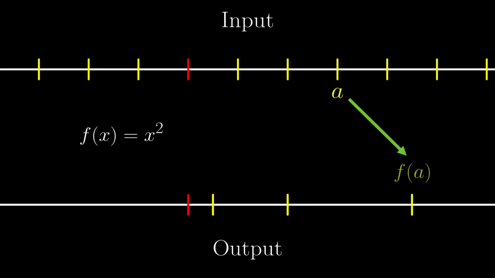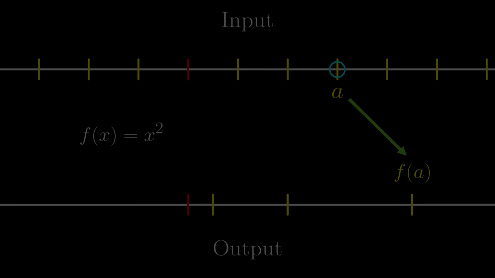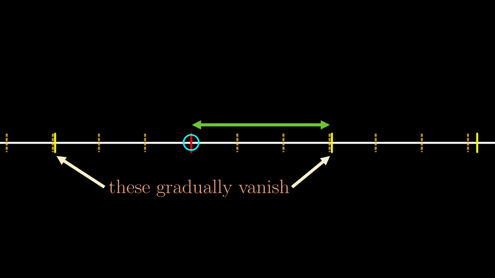Obviously, under the function f, it gets mapped to f of a, so what we actually want to know is the behavior of f on the neighboring points. So let's zoom into the neighborhood of the point a and observe what f does to it. It does look like a scaling, and in fact, the neighboring points are about 3 times apart. It's not exact, but when we zoom in even further, the discrepancy from this scaling approximation would gradually vanish.